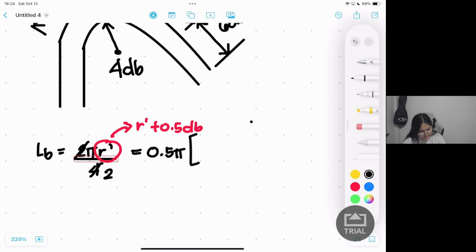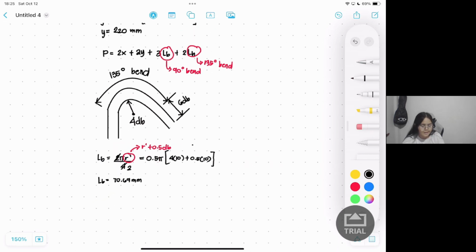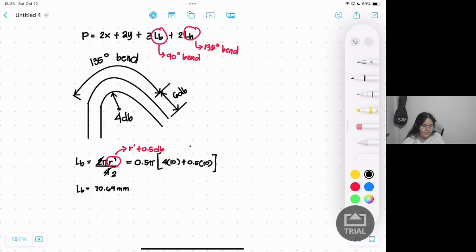So, that is 4 times 10 plus 0.5 of 10. So, kapag i-compute nyo yan, ang makukuha nyo dapat ay 70.69 mm. Okay? And then, next step naman natin, kunin natin yung length ni